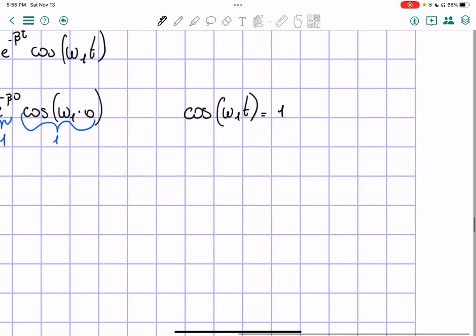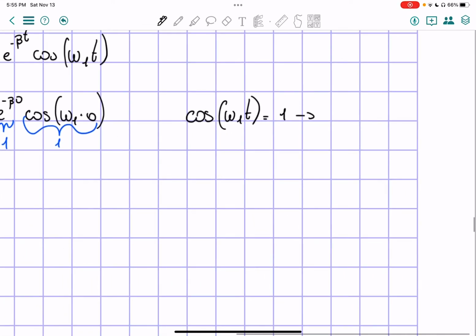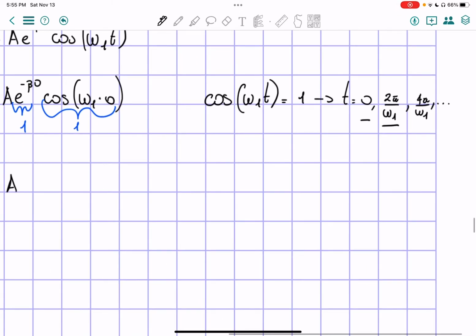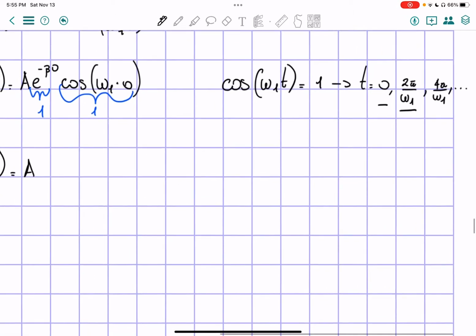Well, this happens when t is equal to 0, when it's equal to 2 pi over omega 1, when it's equal to 4 pi over omega 1, and so on and so forth. But we only care about the first one and the second one, because we care about how much it changes every oscillation. We already took when t is equal to 0, so we have to take it when t is equal to 2 pi over